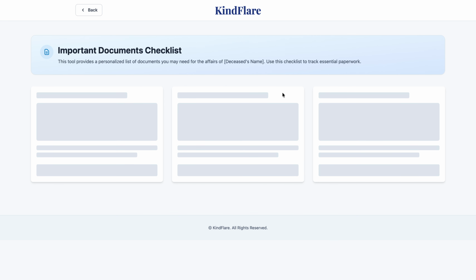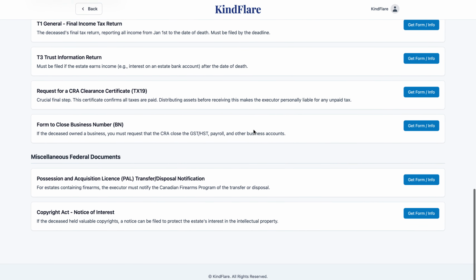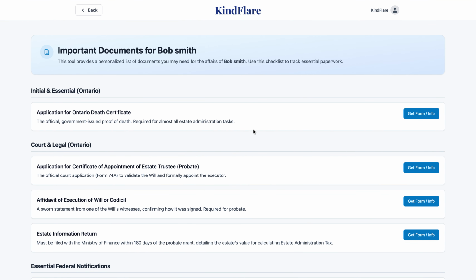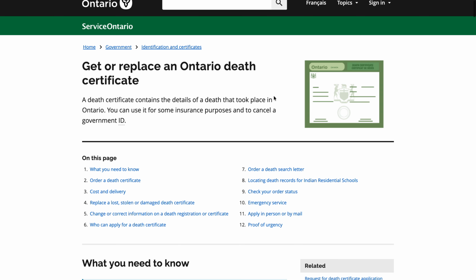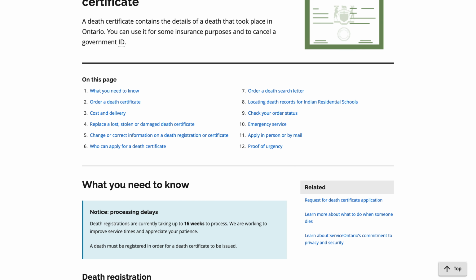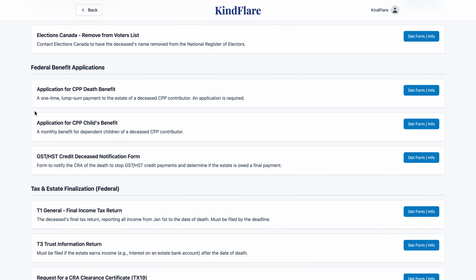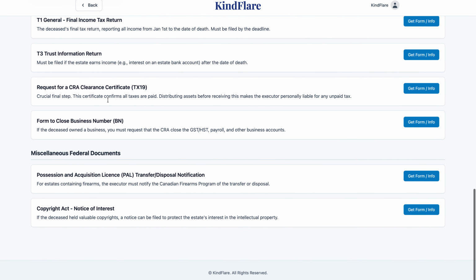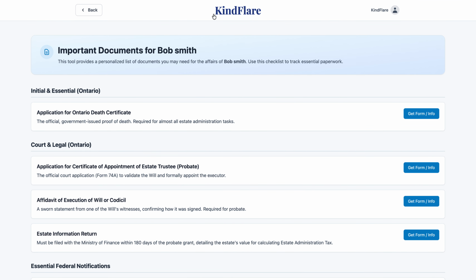Important documents are the documents that you're going to need for the most part when dealing with this. So it's going to link to everyone that it can find that you will find necessary. For example, application for Ontario death certificate. I hit this button, and you'll see it'll pull up the official site with the death certificate. If we go back, it'll do that for every single one. You can go down, application for CPP death benefits, all the way down to the copyright notice of interest. So if we go back,